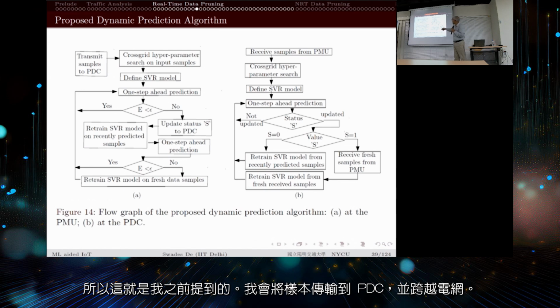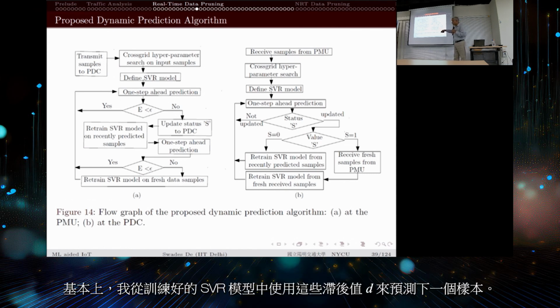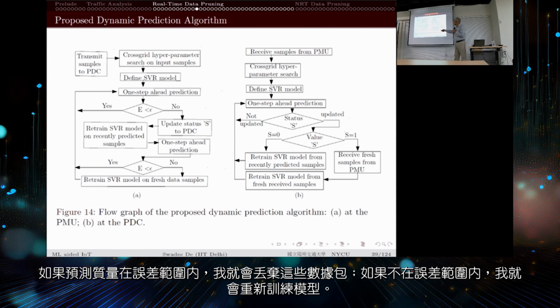So I have this flow. Transmit samples to the PDC, and the cross-grid hyperparameters start from the input sample, define the SVR model. SVR model is a support vector regression model, and then there is the one-step ahead prediction. So basically from the trained SVM, I am using these D lag values, and then I am predicting the next sample ahead, and then if